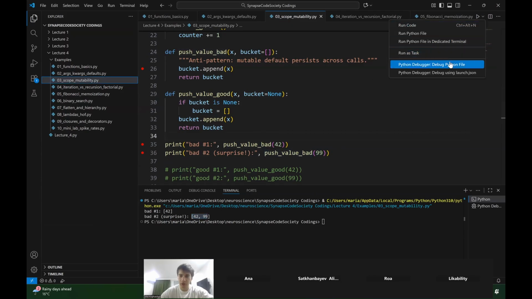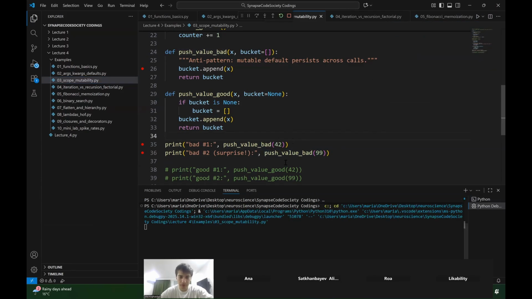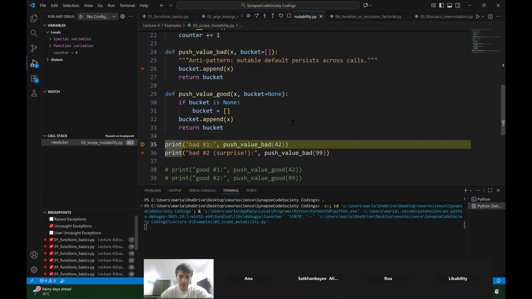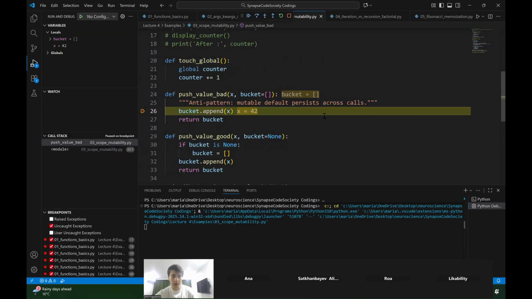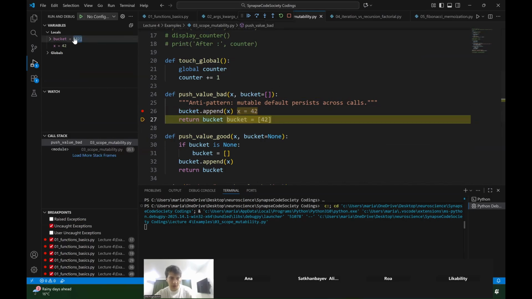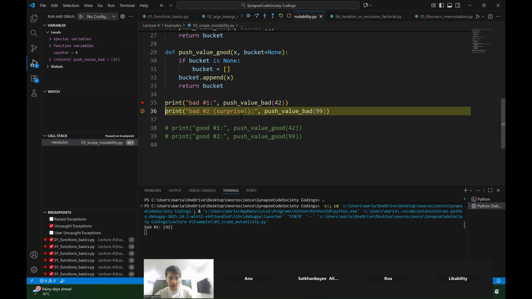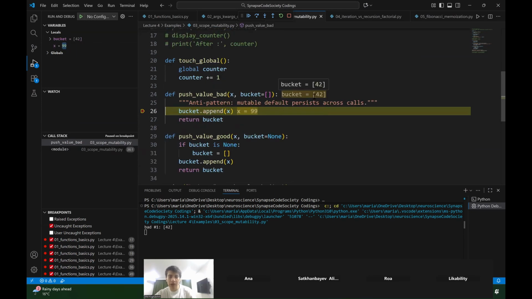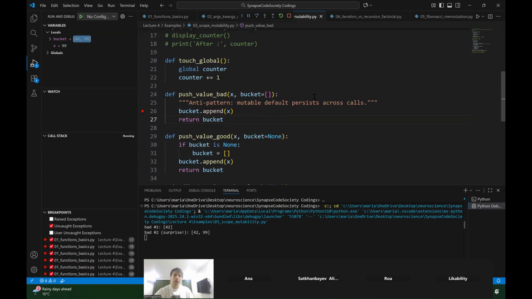And to quickly see the reason for this, let's run it with a debugger. You can see here, first time we came in here, the bucket is an empty list. And we add to it, and bucket now has 42. Now the second time we go into it, the bucket already has the 42. So even though Python was